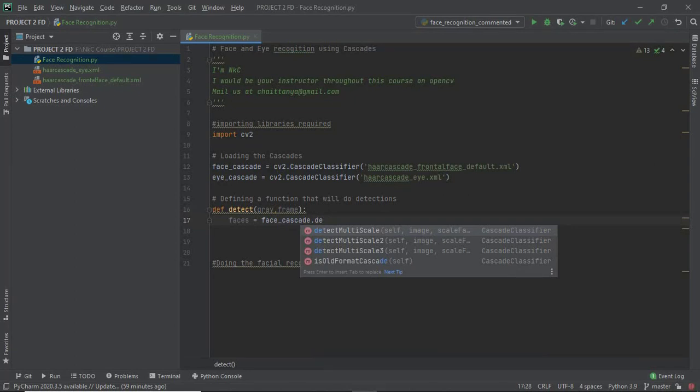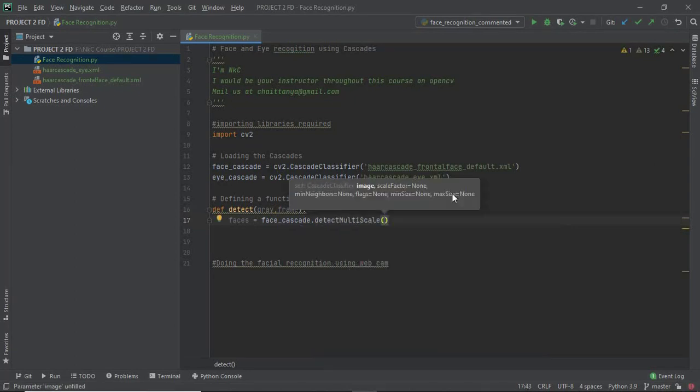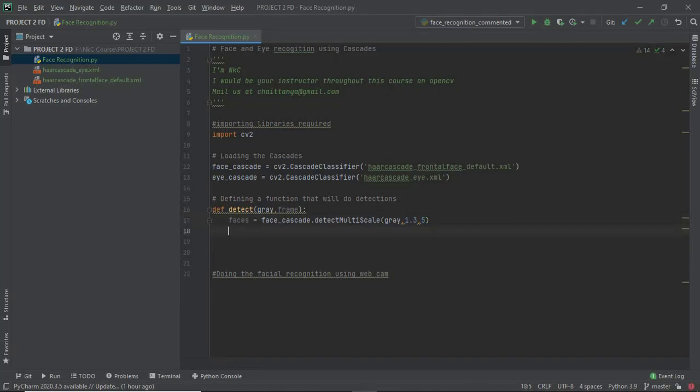And here, using this particular line, we are going to apply the detectMultiScale method of the face cascade to locate one or several faces in the image. And then for each detected face, we are going to write this for loop.